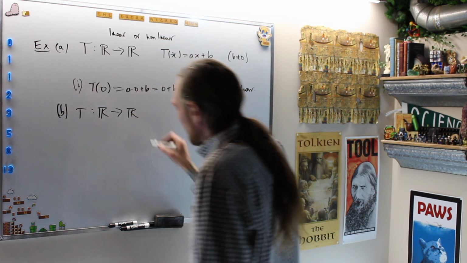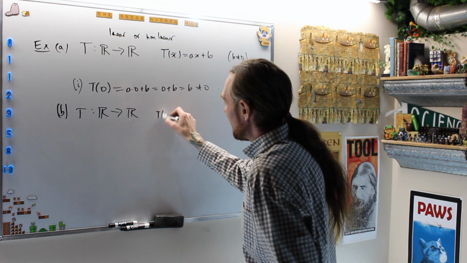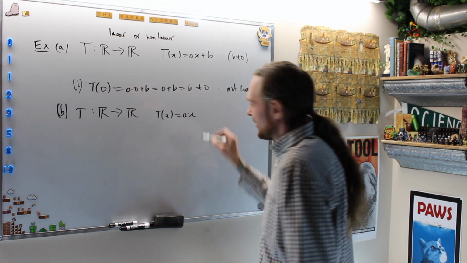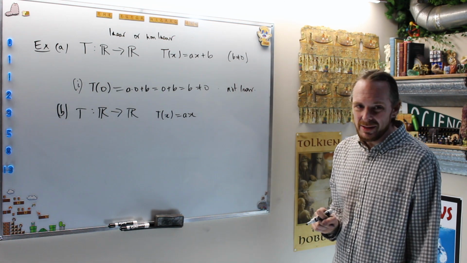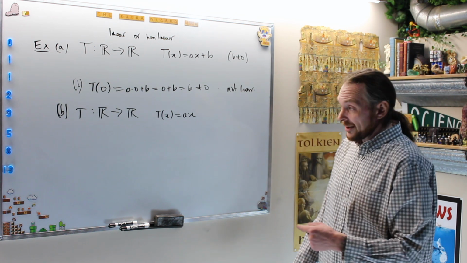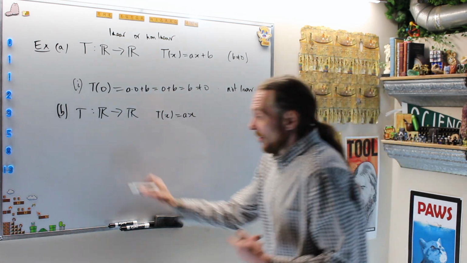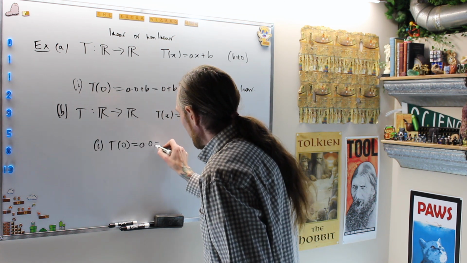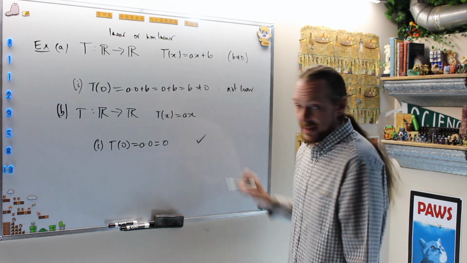B. Now we'll do an actual linear one. The rest of them will be linear. From R to R now, let's do T of x equals ax. Any line through the origin, those types of guys are linear, and they will be a linear operator in the sense that we're talking about now. 1, T of 0 equals a times 0, which is 0 for any number,